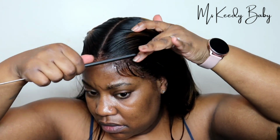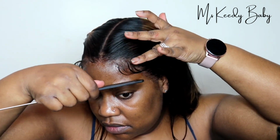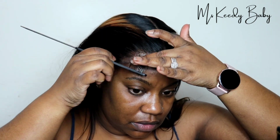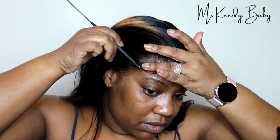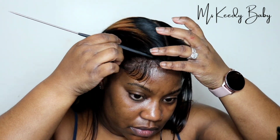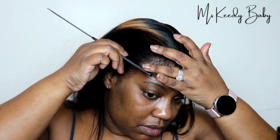So right now we're using the Mean Grip styling form, and we're using that to form our baby hairs. Now y'all, I know y'all like, well, you have the lace tint mousse, you have the styling form, why are you using both? You could use both if you want to. I could have used the lace tint mousse to form my baby hairs, but I didn't want to. I wanted to use the form mousse because I like the way that it makes my baby hairs crispy, and then after it